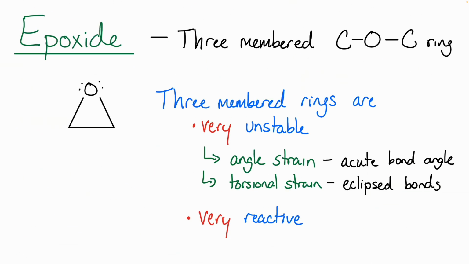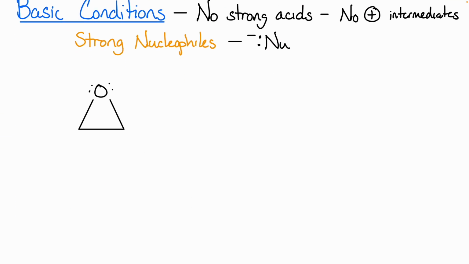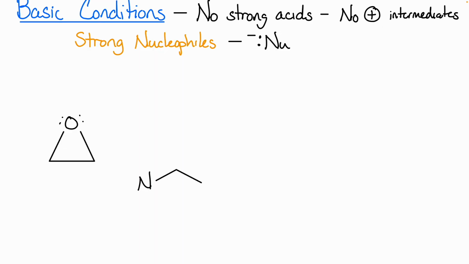We're going to grab our three-membered ring here. I'm going to use this nitrogen nucleophile. And I get to use my strong nitrogen nucleophile with its negative charge. Nitrogen would have two lone pairs and two bonds to have that negative charge. All right, and I'm going to start out with this symmetric epoxide here, meaning it doesn't matter which carbon I